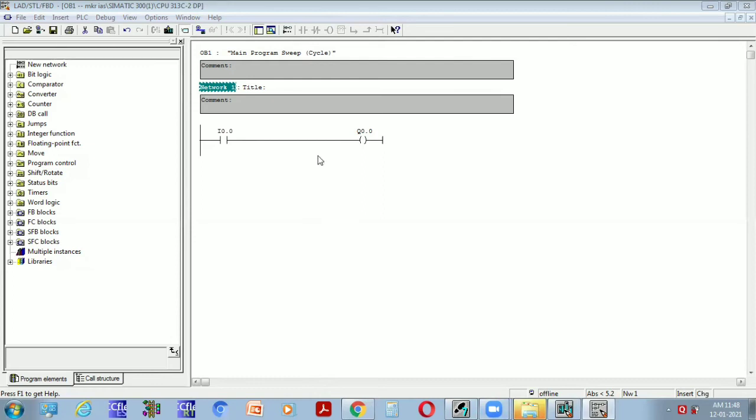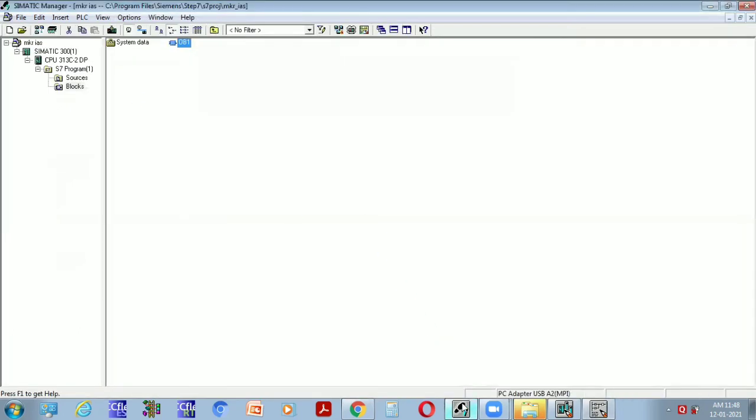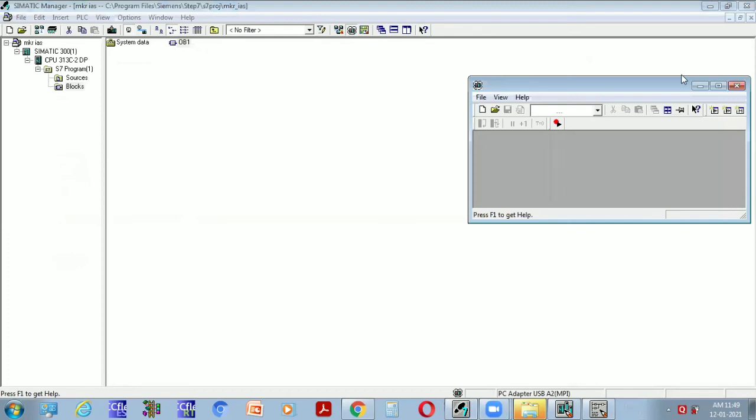Next, click on Save. Next, go to the main window, click on Simulator, and minimize that.